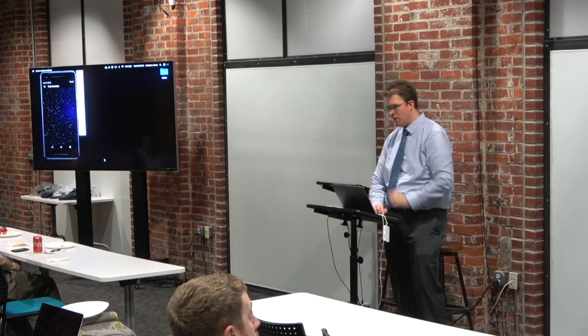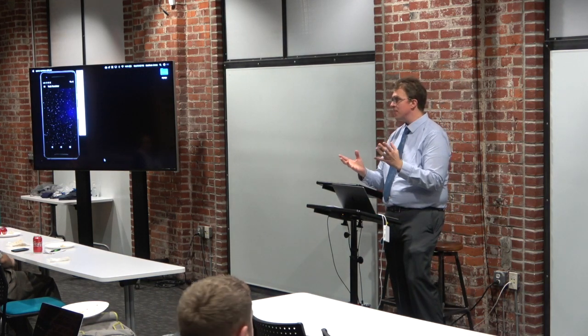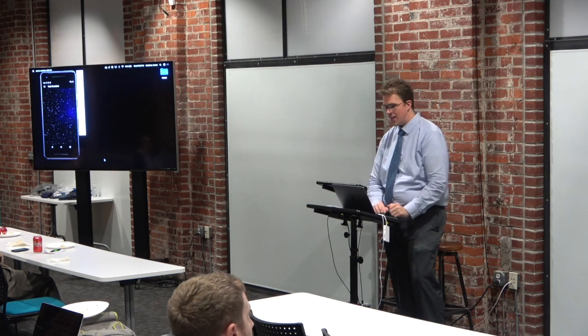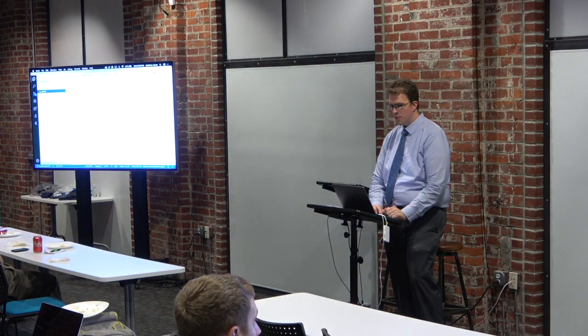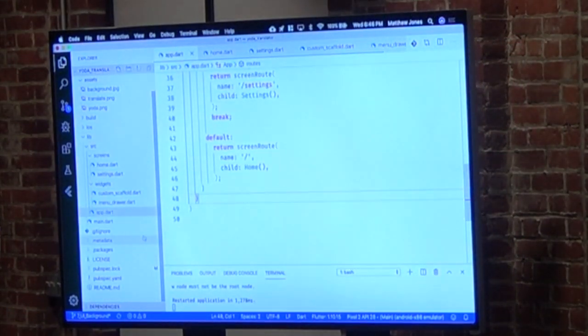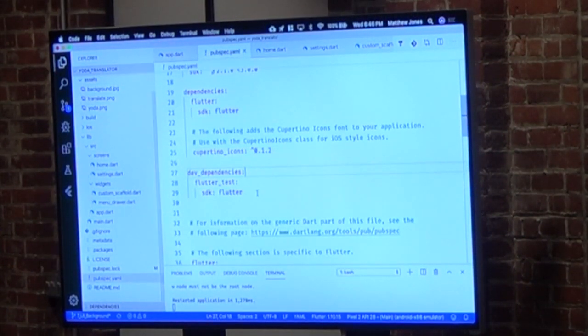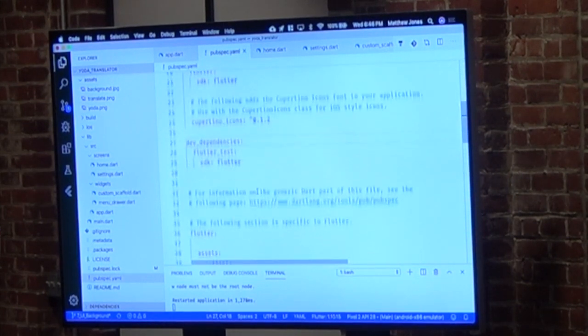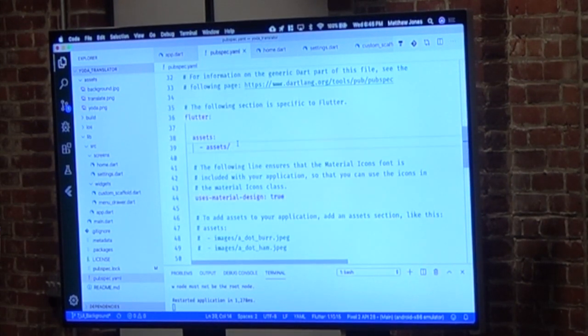So how do we do that? Well, the first thing is we have to specify where our image is and locate the image in the assets folder. So up here in the assets folder, I put this background image. So that's where that lives. And then the good old pubspec.yaml file that I promised earlier has, look for it here, we specify the assets folder there. So anything that sits in the assets folder will be imported as an asset. You actually have to specify that because the assets folder isn't special. You could have it like my awesome assets and it would still work the same way. You just have to specify it in pubspec.yaml.